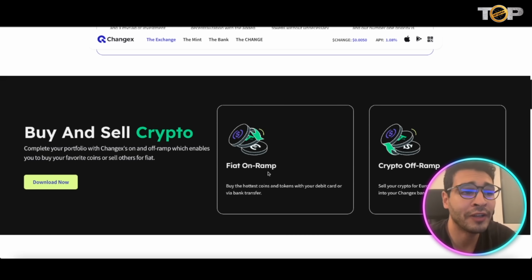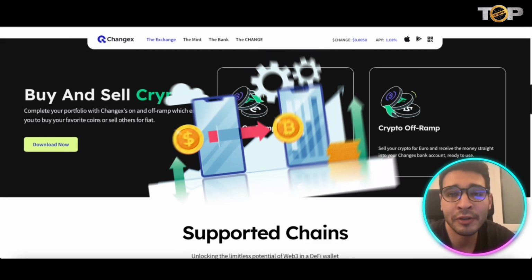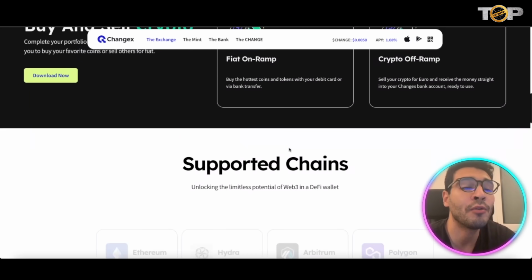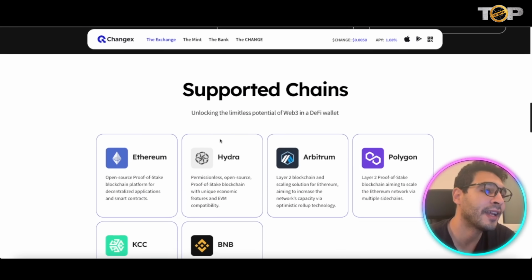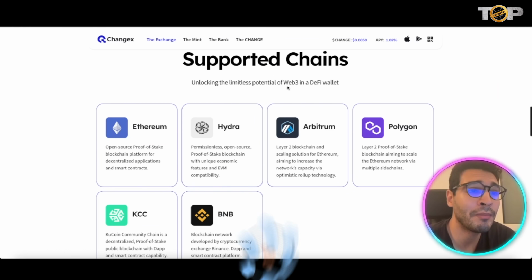You can just go fiat on-ramp and crypto off-ramp. With a flip, you can just get money, send money, convert money into crypto and vice versa. So things are quite easy in that aspect. Of course, here they are providing you with a support exchange so far, unlocking limitless potential for Web3 and DeFi